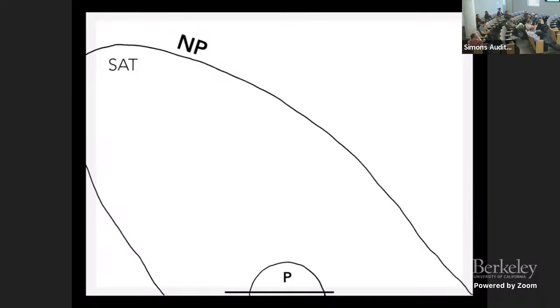It's consistent with the picture, and actually we have to work pretty hard to find things in this space between NP and P which are not the same as SAT, right? And some of the people in this audience did some of this wonderful work, and now we have such examples that we can ponder about, but we really have to work hard to find them.